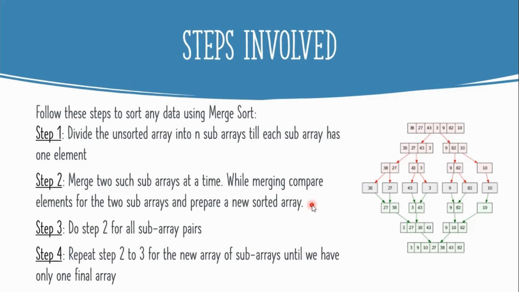Then the next step is to merge these subarrays similar to how exactly they were split, but we need to make sure that they are merged in a sorted manner. So to go about this particular process, we'll merge two subarrays at a time. So by comparing the elements in those subarrays, we'll merge them to form a new sorted subarray. We go on repeating this particular process for all the subarrays that are there, and in the last step again we have to merge the new sorted subarrays that we have got from the previous step to form the final sorted array.